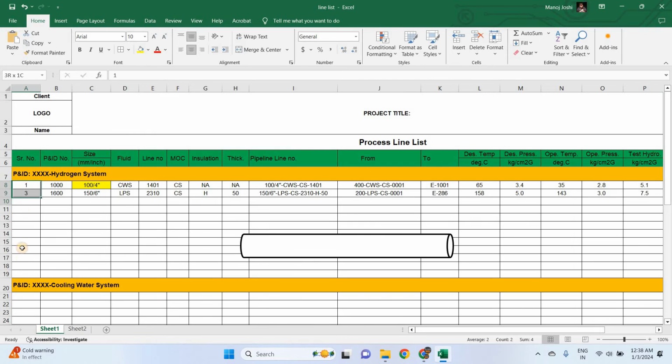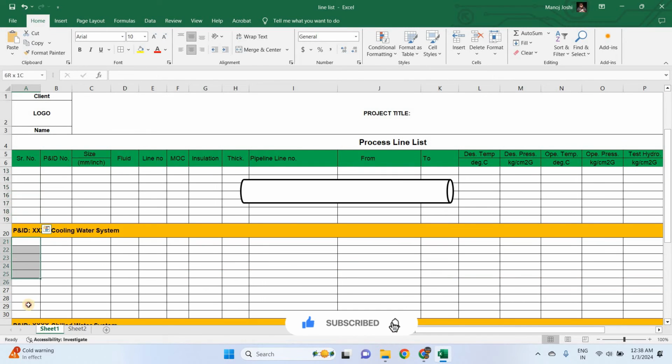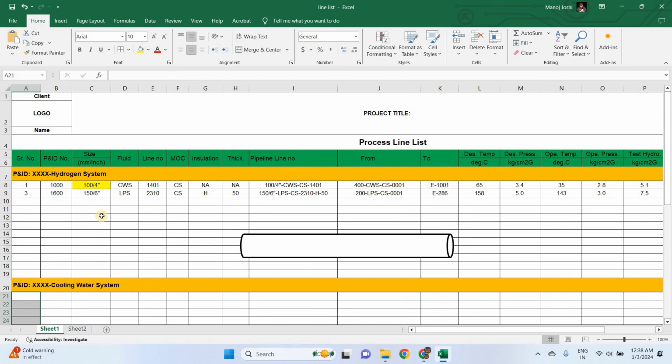You will prepare the same for the entire PNID. Then in the next PNID you will prepare again, and your line number will change from here. Here the line number is 1401, but if the PNID is starting from 10000, then this line number will also start from 100, right?